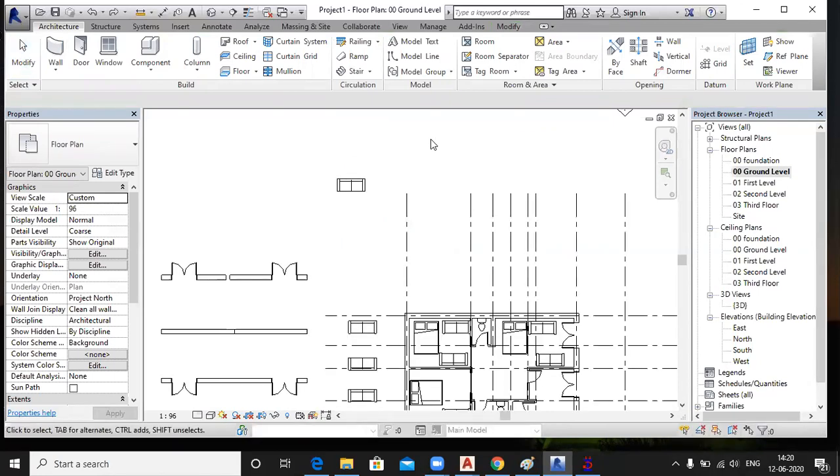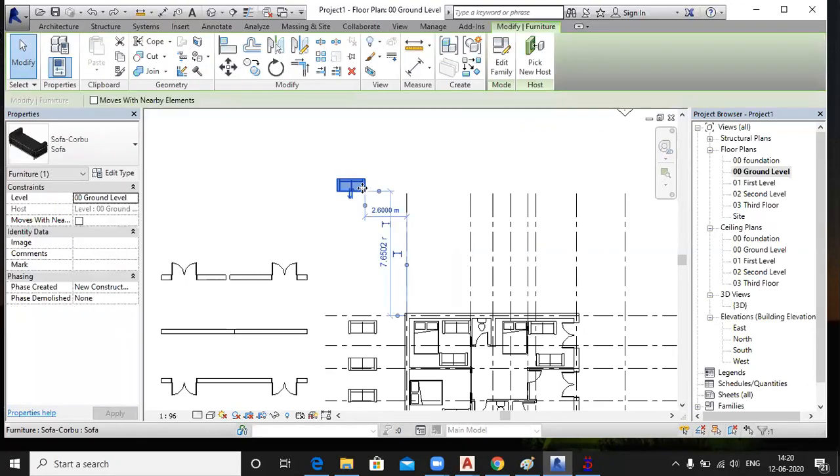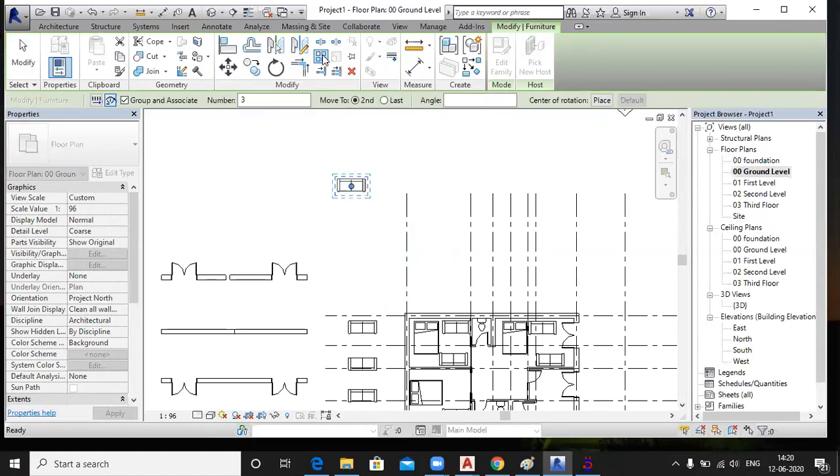Just I'm doing Control Z. Select this object and click on the array command. I told you about the linear array last time, and right now we are going to study the radial array.